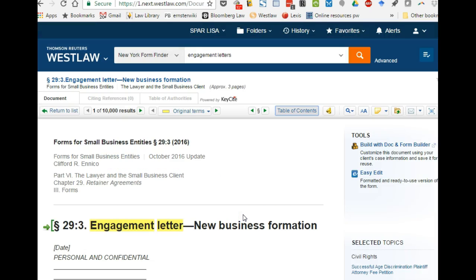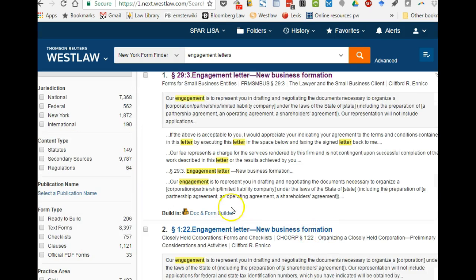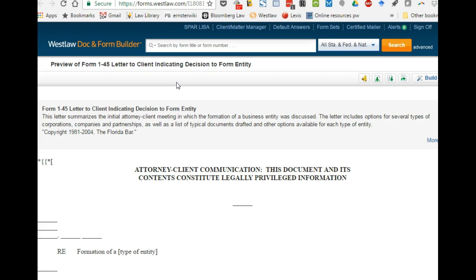Okay. You might also notice back in our list a doc and form builder with this funky little icon there. And notice it's asking us to go somewhere different, preview and build the form letter to client indicating decision. So sure, let's continue. What this is doing is bringing us into a new segment that Westlaw is now offering. Has just started to offer to law schools, I'm guessing also is offering to commercial clients, and they call it